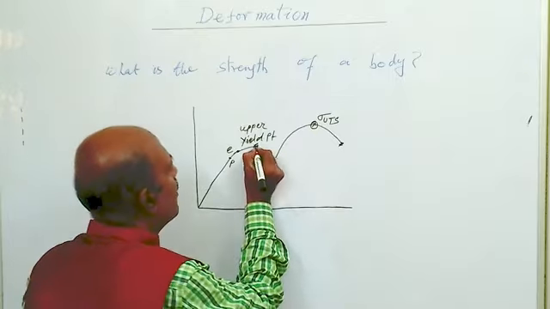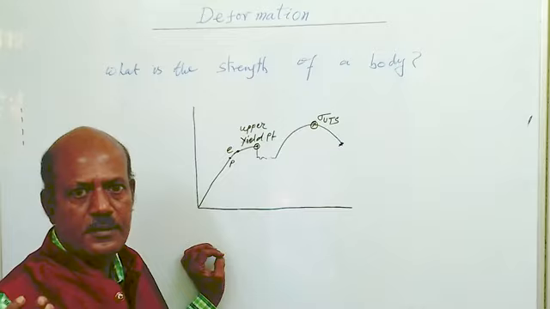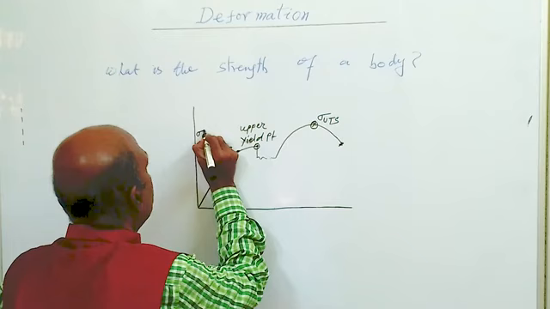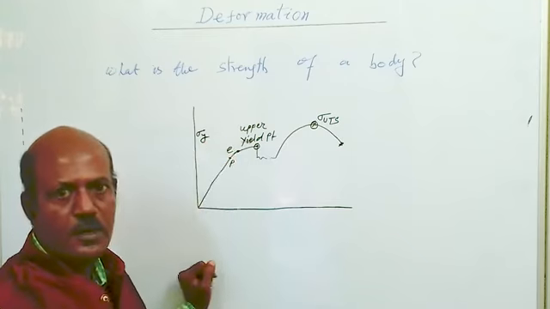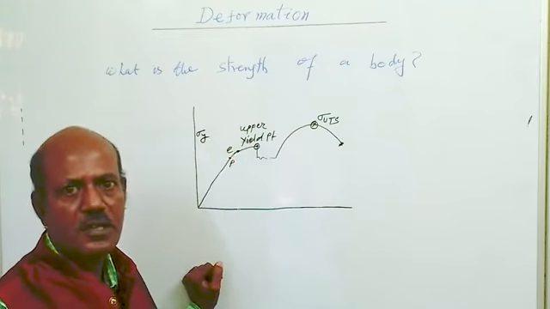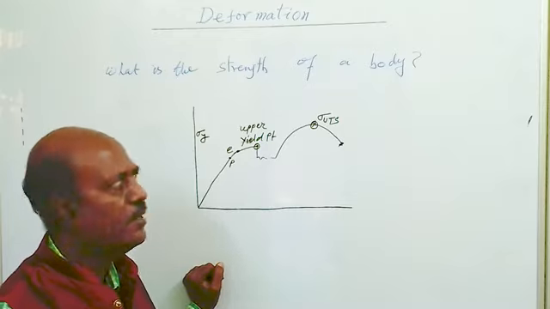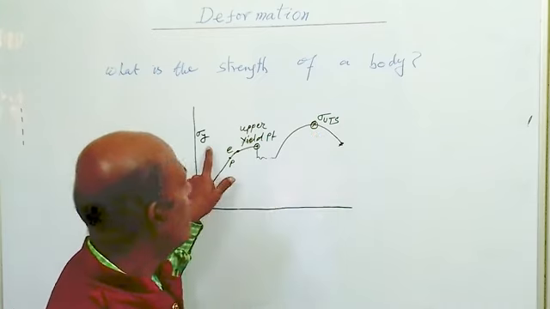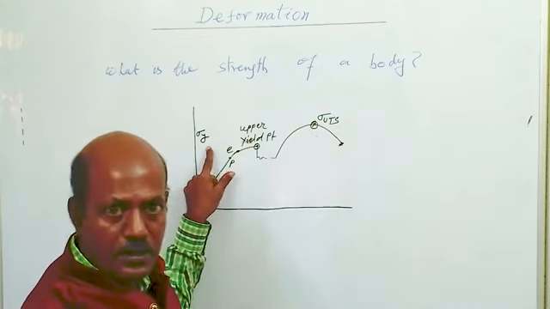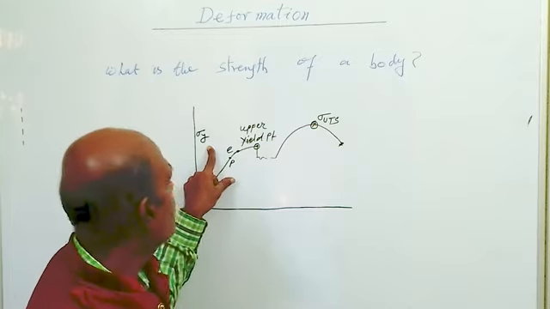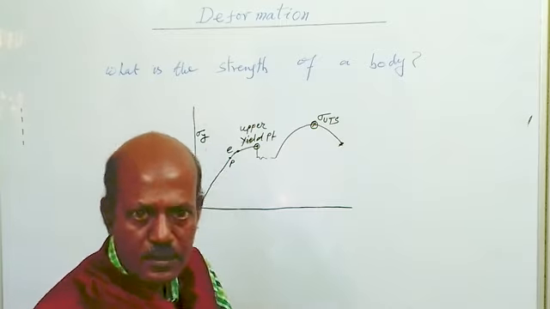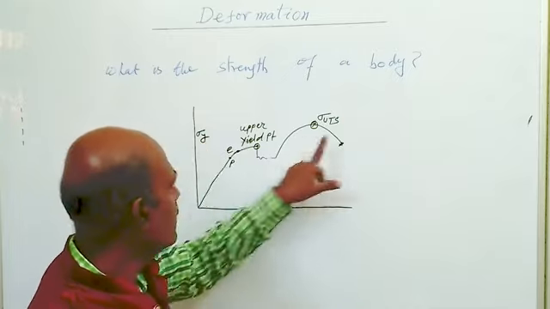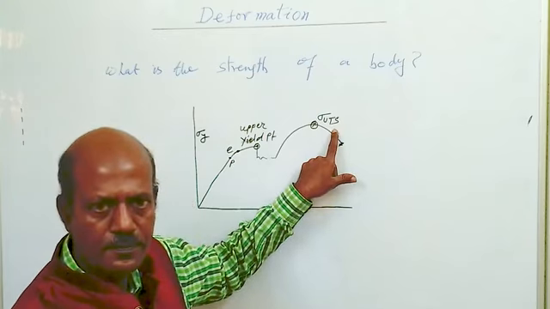But for mechanical engineering, this is called sigma Y, and sigma Y, the upper yield point, is taken as the strength of the body if the material is a ductile material. So sigma UTS is the actual strength of the body, and sigma Y is the upper yield point stress, which is considered as the strength of the body as far as mechanical engineering is concerned. In various subjects we will consider only sigma Y as the strength of the body, but the actual strength is sigma UTS.